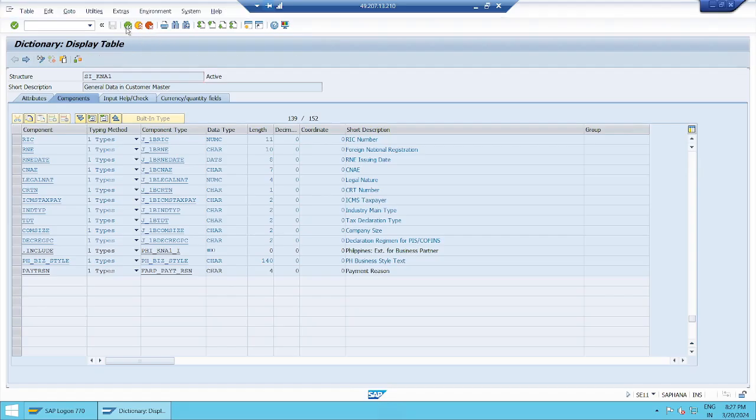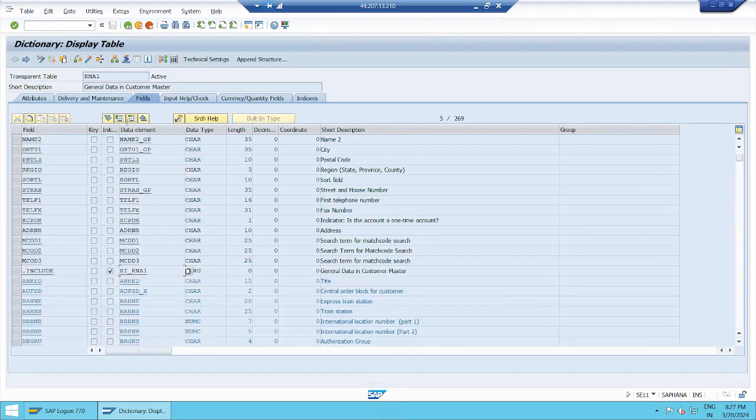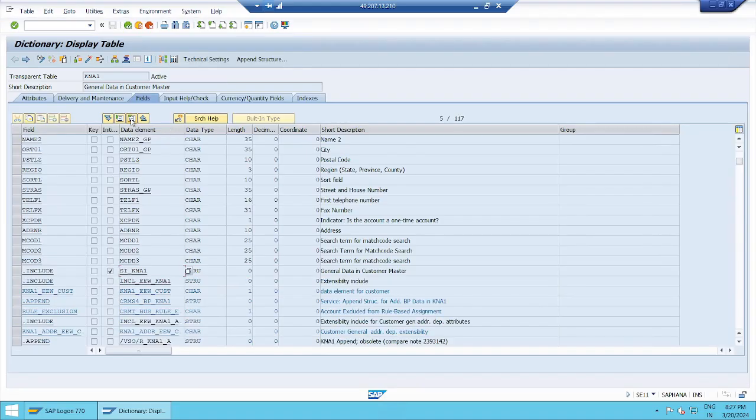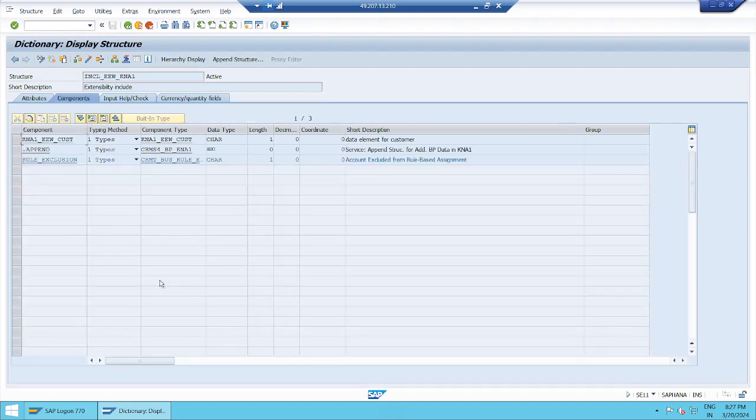Go back. So this is the way you have to explore the fields. Come to the next one. Okay, yes, this one, EEWKNA1. Yes, this is what I am telling you. You have to see,